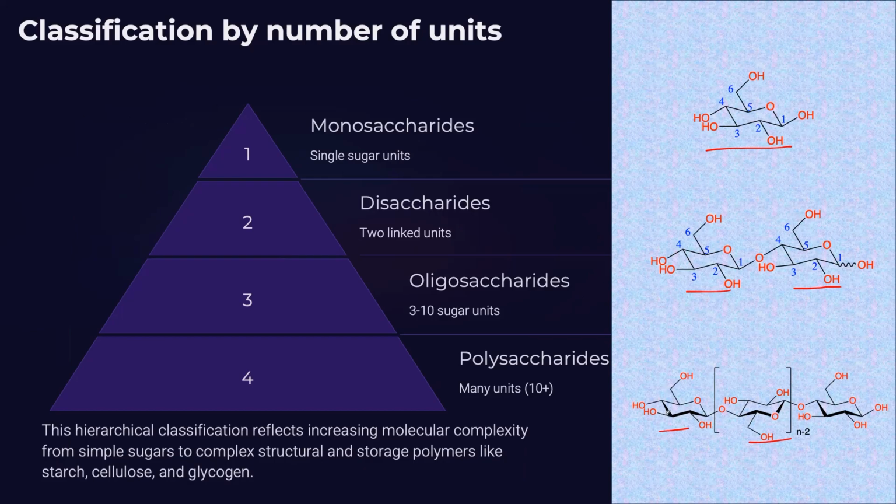So based on functional group, number of carbons, and number of units, they can be classified into different categories. This classification is also important because it directly affects their chemical reactivity, metabolism, biological roles and biochemical reactions. As we go on, the complexity increases. As we move on to polysaccharides, you'll also see branched or only linear structures, and very precisely branched and randomly branched structures. We will learn more about carbohydrates in detail in the coming lecture.